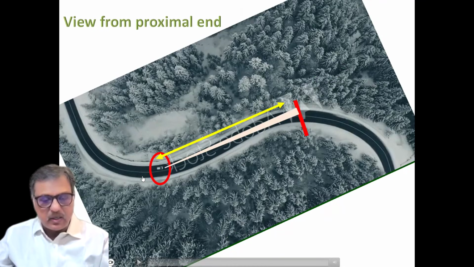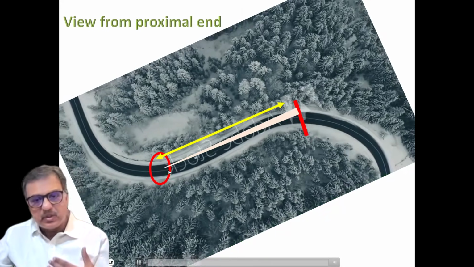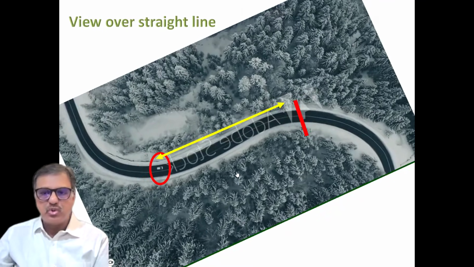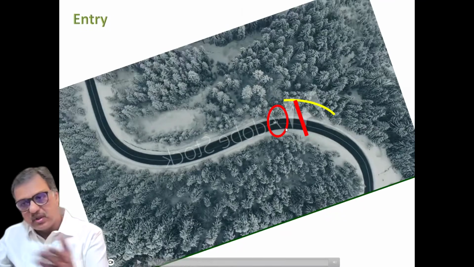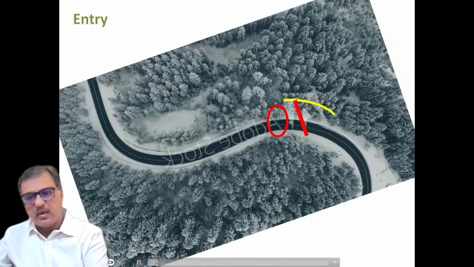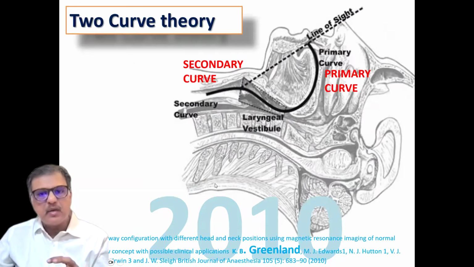Now, if you are driving a car, whether you are here, or here, or here, you are able to see the target. Wherever you are on this straight line, you will be able to see the target. Once you reach the target, then you have to turn down. This practically applies to